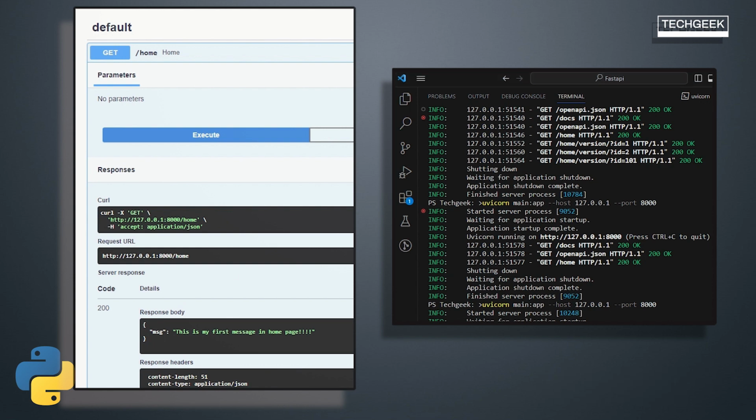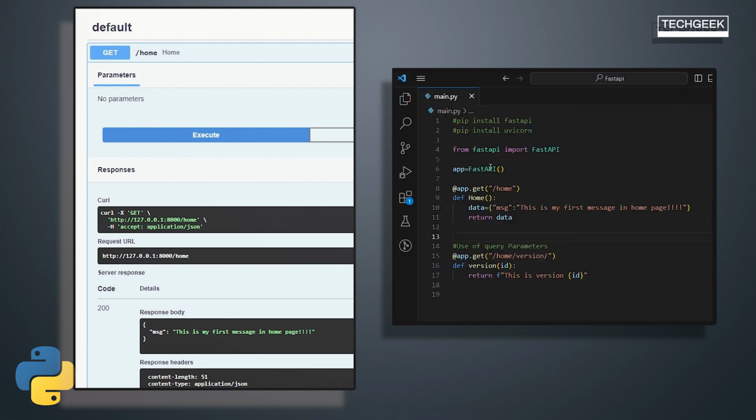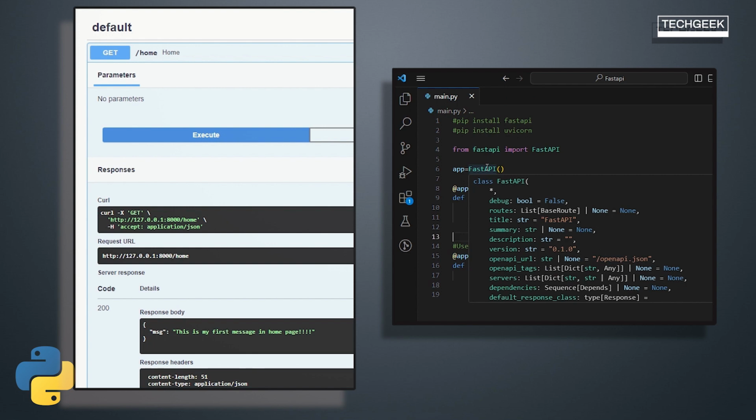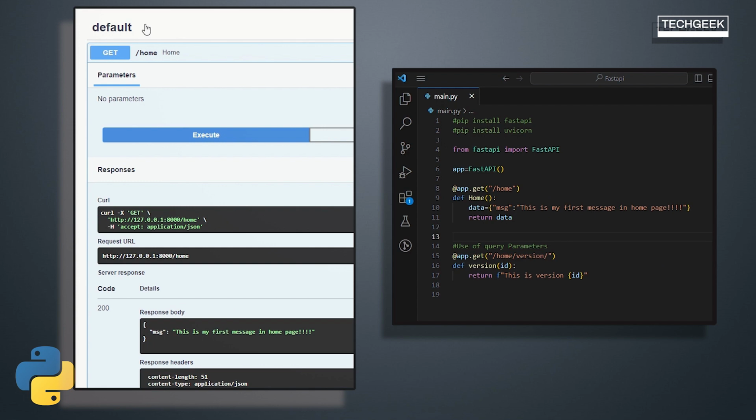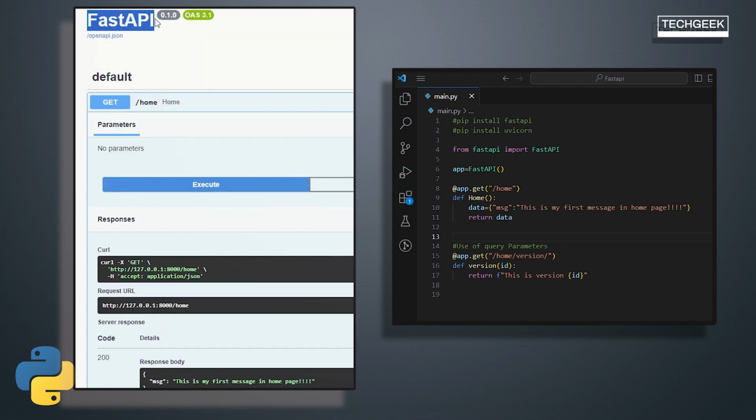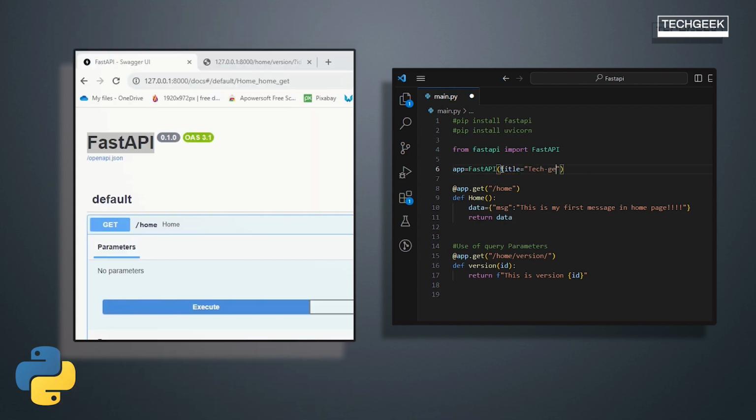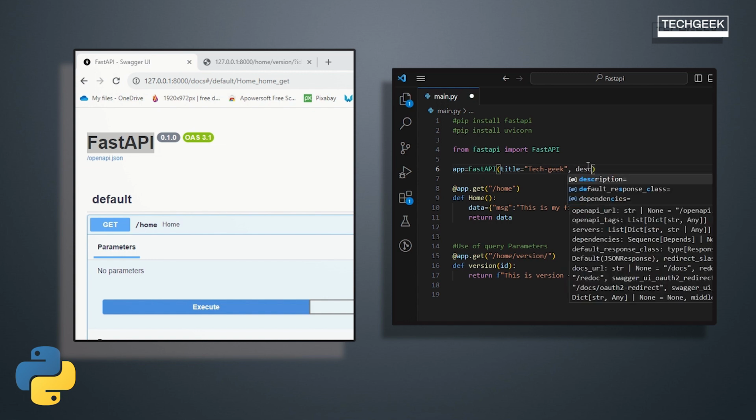There is one more thing. We have earlier gone through all the arguments that we can give. For now, if you see in the docs page, FastAPI is coming in here. I don't want that. I want my custom name in here. So what I can do is put title equal to TechGeek, and I will put description equal to this is my REST API,